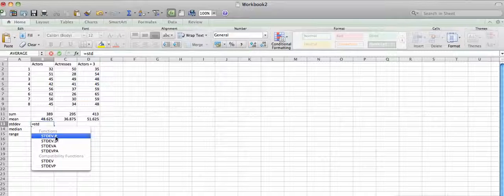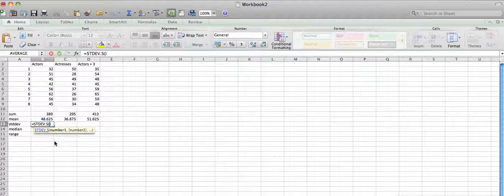This P is dot population, so I'm going to use the standard deviation dot S. Now down here in the bottom, you'll notice also the compatibility functions. The older versions of Excel would just have STDEV, and that's the sample one, and the STDEVP would be the population one. So I'm going to use this one, and I'm going to be doing B2 through B9,